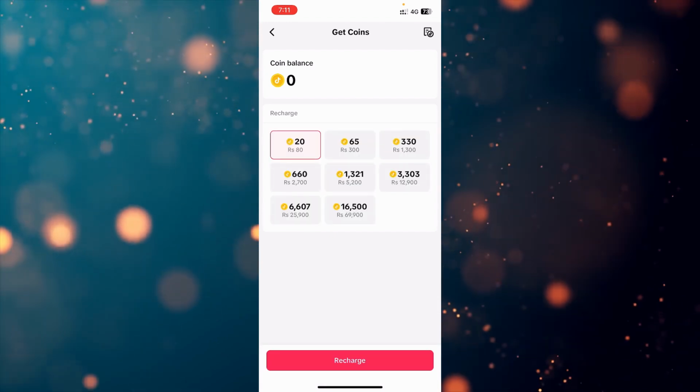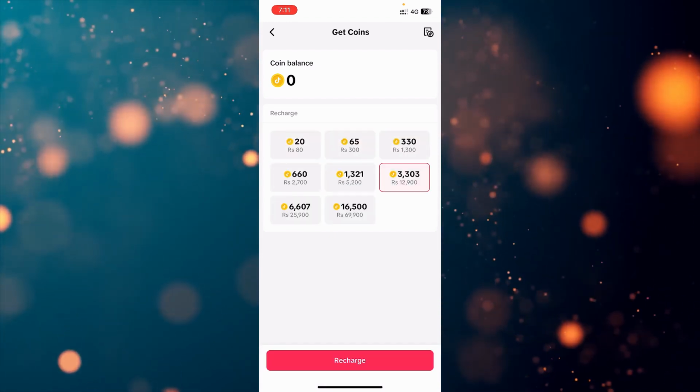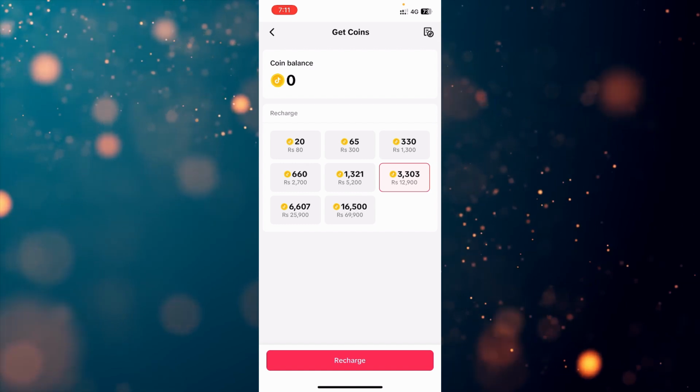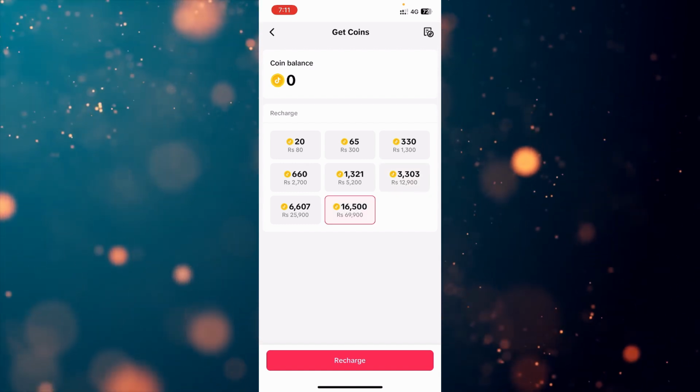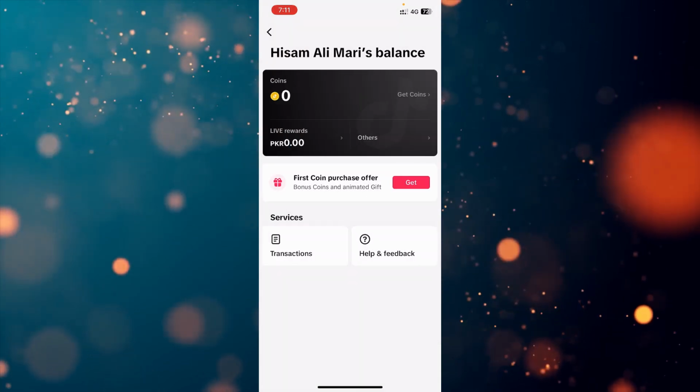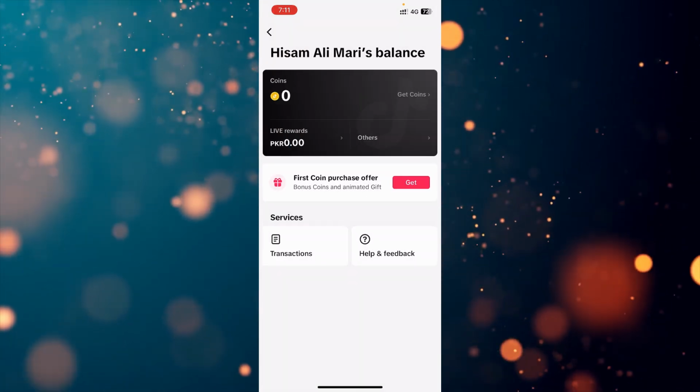As you can see now, the coin balance is 0. The coin prices and the quantity are also provided here. For example, if you want 16,500 coins, then you have to pay PKR 69,900. And as you can see, in this way you can check the balance of your coins and amount on